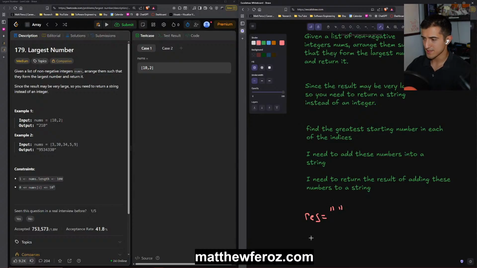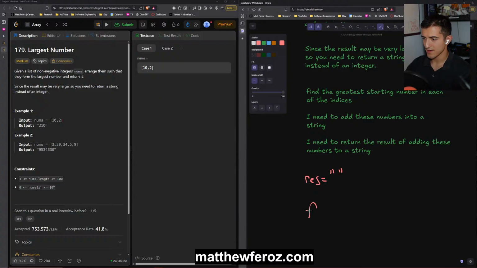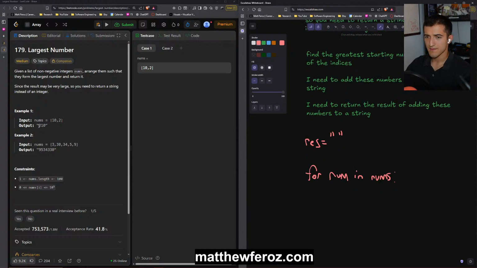The next thing is that we're going to need to iterate over the numbers in nums. So for num in nums, we're going to have to go to the first...